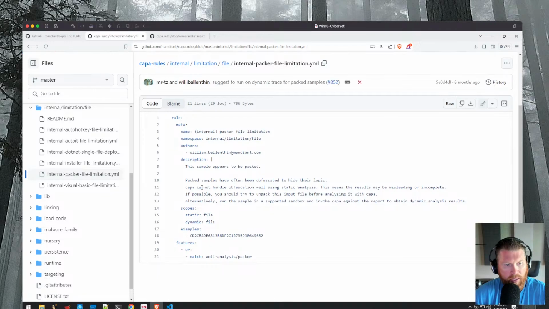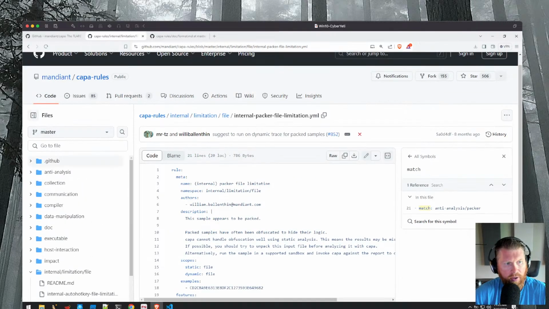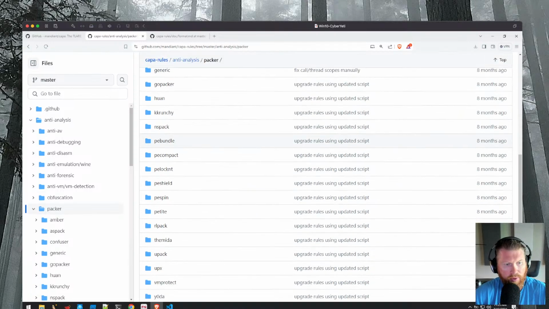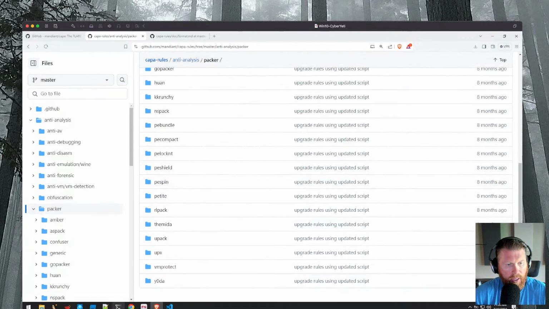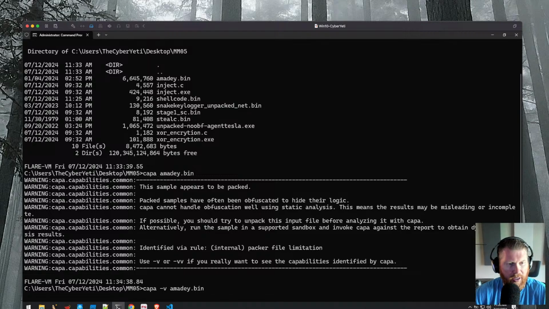And you'll see that there is this feature. So the feature is going to be where the detection logic occurs. This match keyword just allows it to match on other rules. So this means that now we have to go and look at anti-analysis packer. So I'm going to just navigate here in the repo to anti-analysis and packer. And now we have all these rules. So something in here was matching. I'm curious. I guess let's do -v on the sample just to see if it'll tell us exactly what rule is the culprit. I have my theory already, but